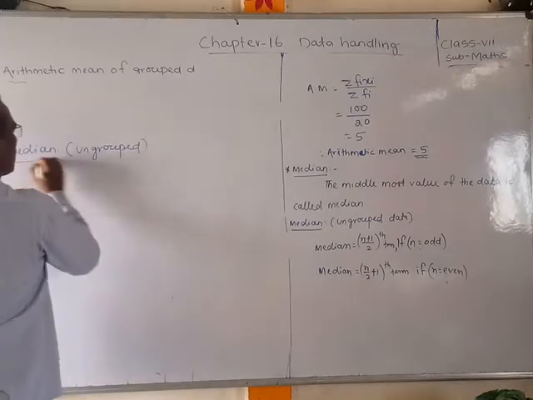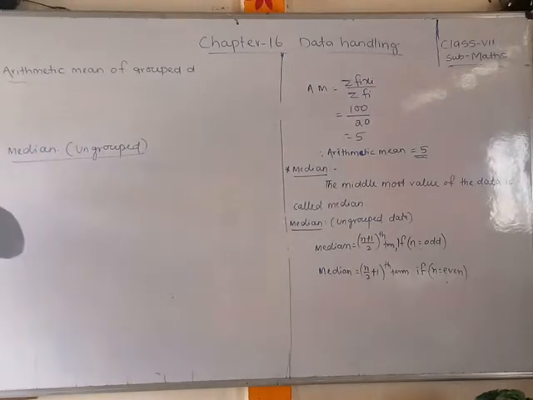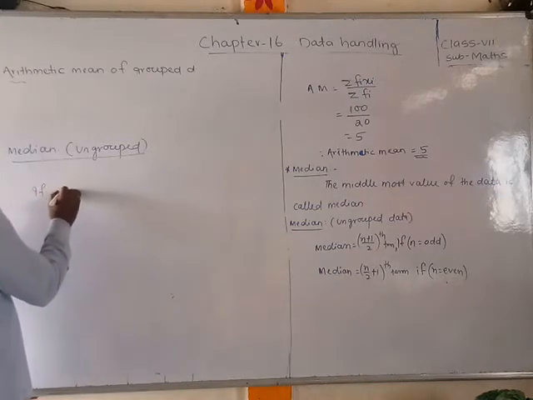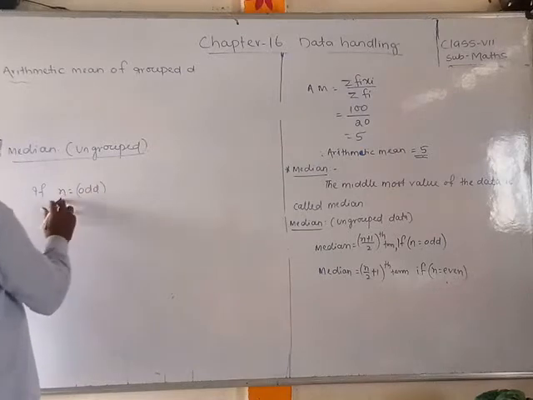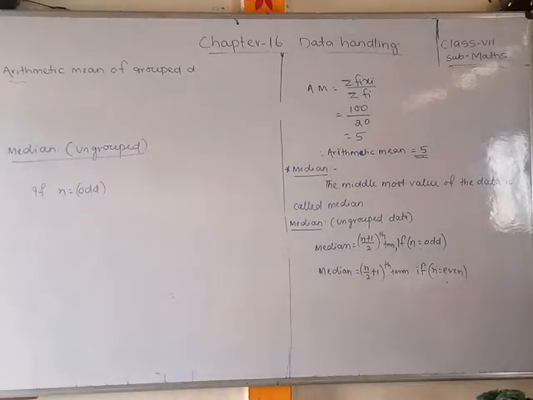Or ungroup data. Ungroup data means what are the students? So you have to find out for that specially. Now, if the number of observations is odd, how many observations of the data are there? Now, if there are odd number of data, then